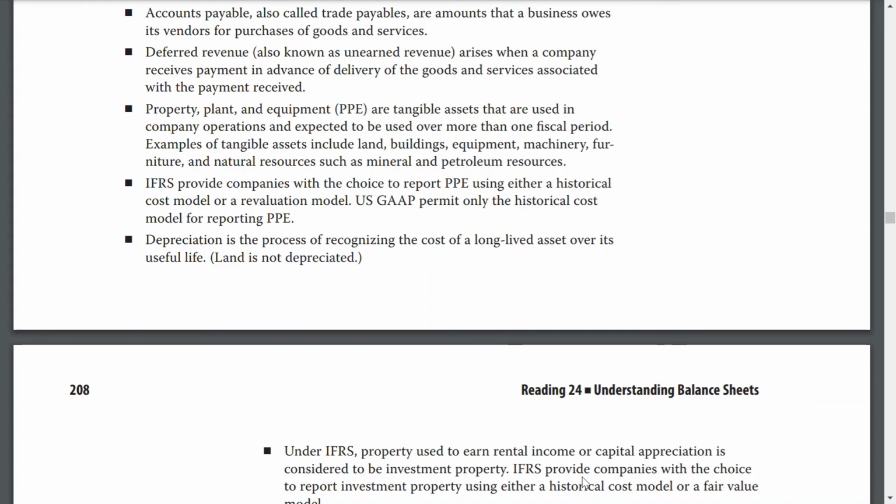Examples of tangible assets include land, buildings, equipment, machinery, furniture, and natural resources such as minerals and petroleum resources. IFRS provides companies with the choice to report PPE using either a historical cost model or revaluation model. US GAAP permits only the historical cost model for reporting PPE. Depreciation is the process of recognizing the cost of long-lived assets over their useful life. Land is not depreciated. Under IFRS,